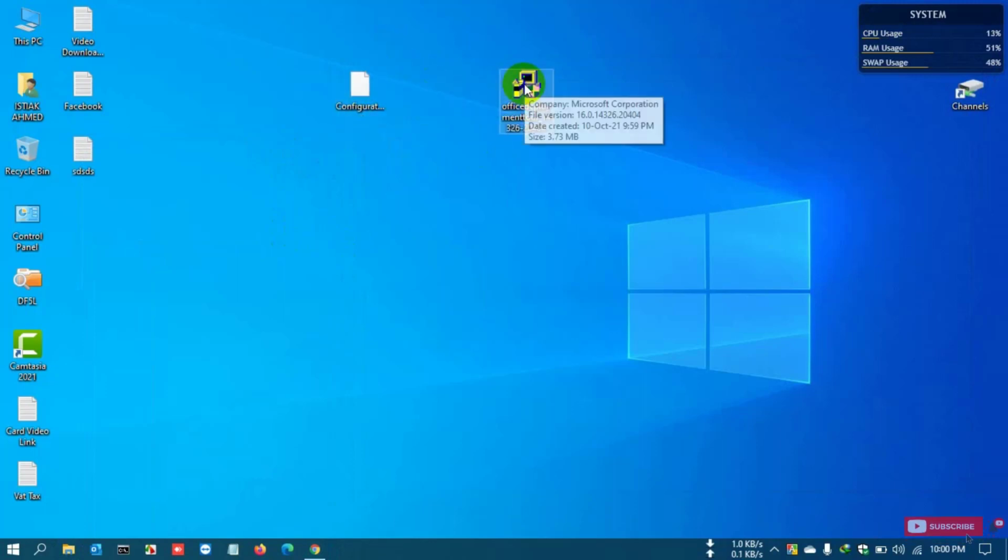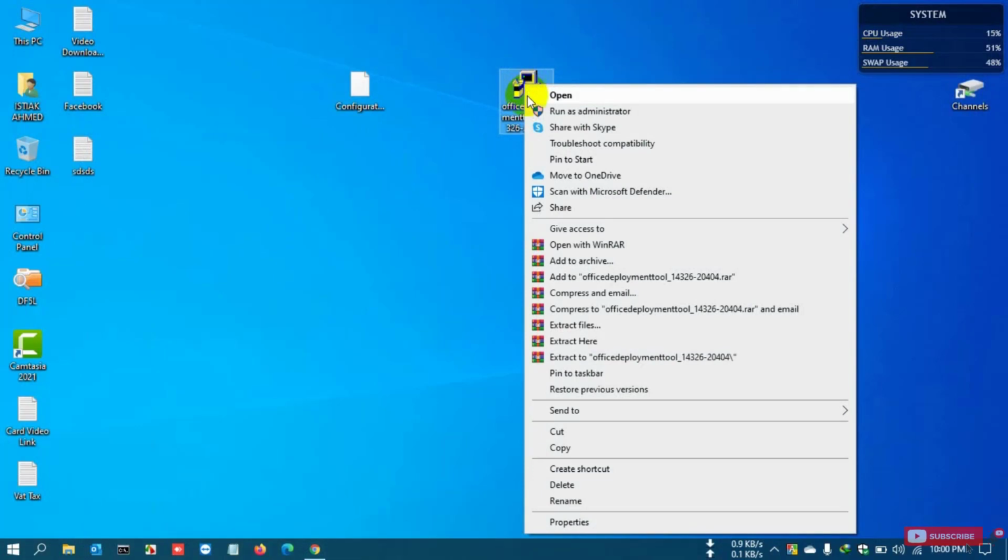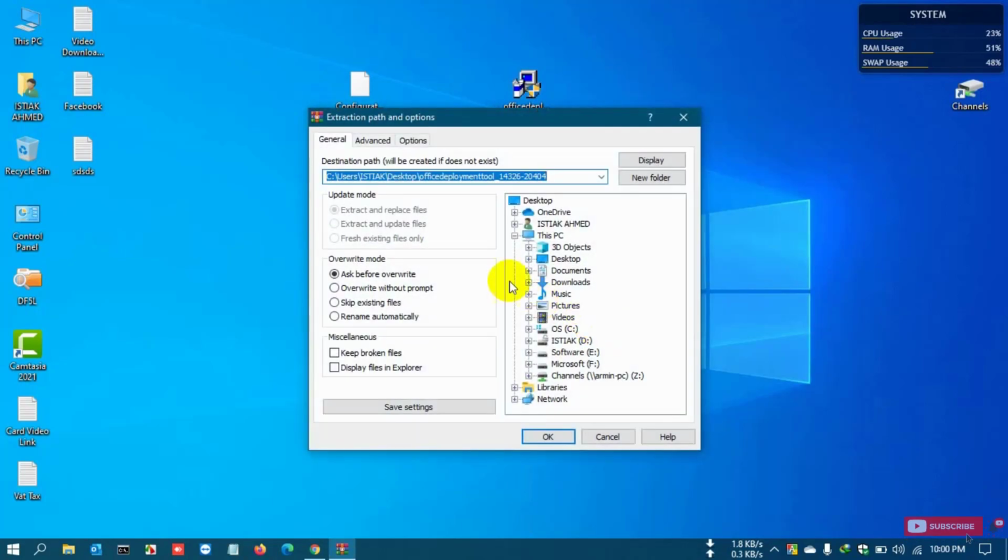So I extract the Office deployment tool, right click and extract file. I want to extract the file on the desktop, and the folder name is a new folder, and OK.